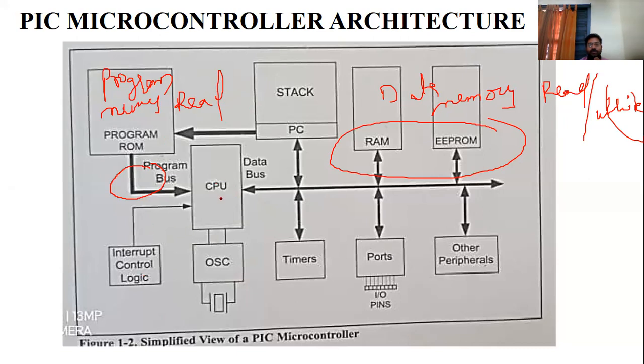Okay, this is the CPU. You know which type of oscillator you connect: a crystal type oscillator up to 40 megahertz. Up to 4 timers you are going to connect. Ports, up to n number of ports, you are going to connect. The number of ports depends upon the number of pins of that microcontroller. Then some other peripheral devices, the input output devices. These input output devices are connected to these ports.